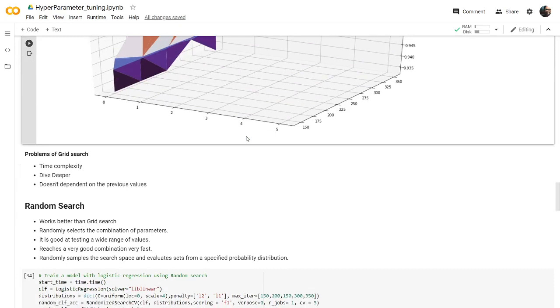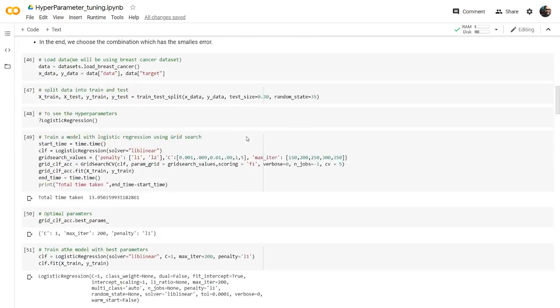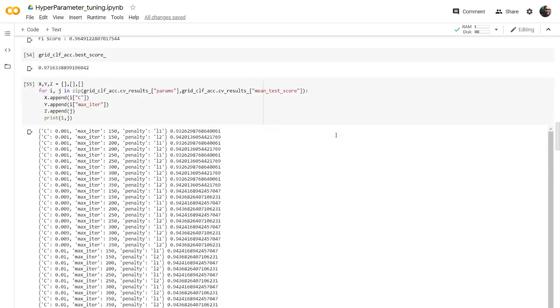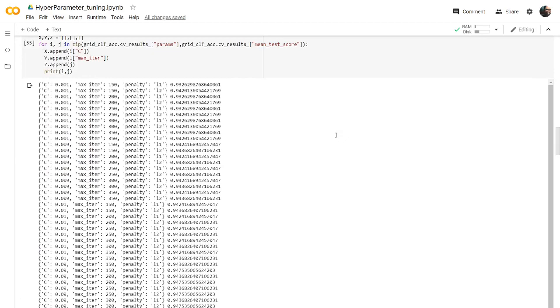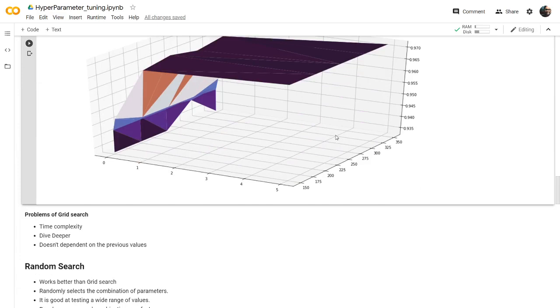So that is what the grid search will do. So what are the problems of the grid search? It is the time complexity. You know the curse of dimensionality, right? It applies here, because let's say we use 3 parameters here. So let's say 2 here, and 6 here, 6 into 2 is 12, 12 into 5 is 60 values. So we iterated over 60 combinations here. Whenever you add another parameter, it grows exponentially, right?